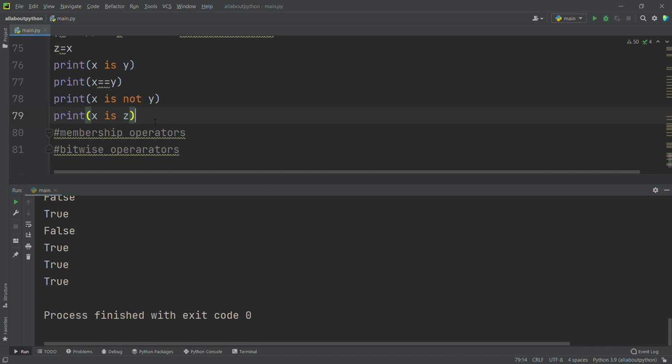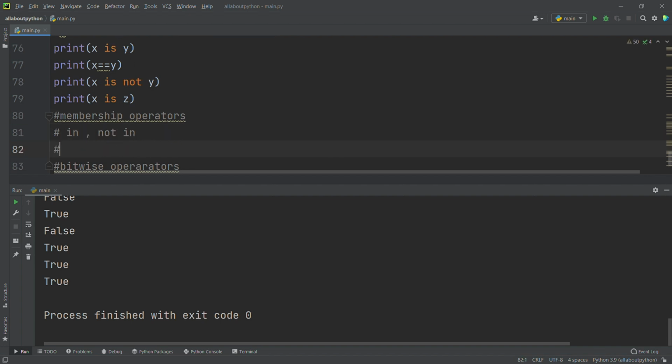In membership operators we have in and not in. Here also we have only two: in and not in. Let's check how in and not in work.